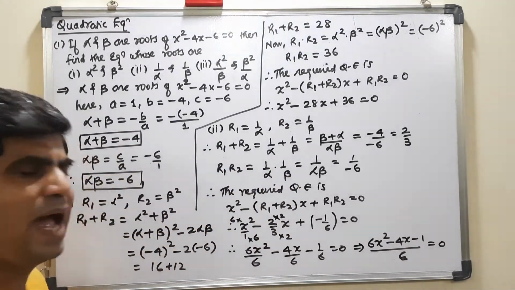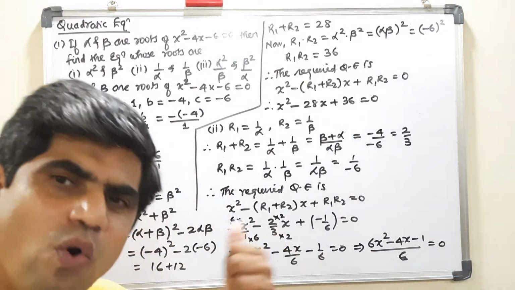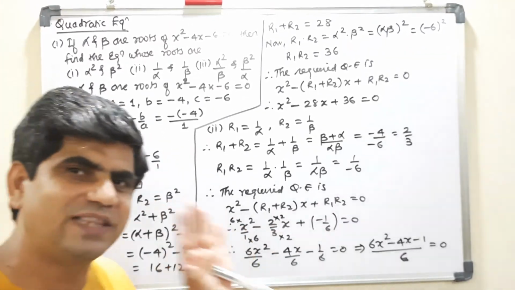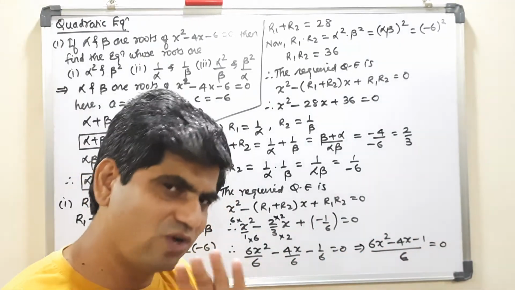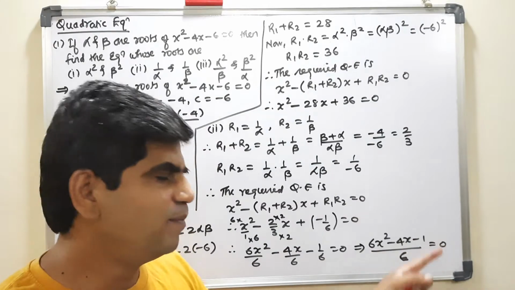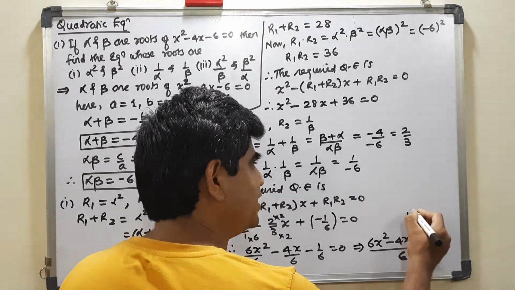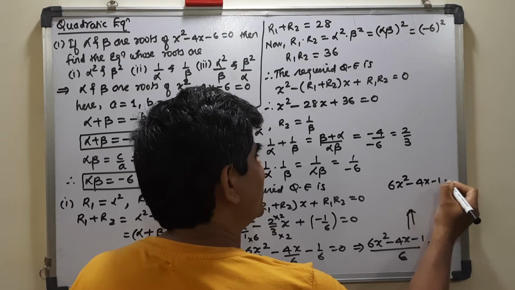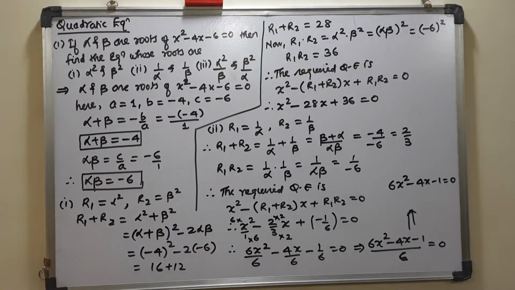And we have discussed this ample number of times. When it becomes 0, it becomes 0 only when the numerator is 0. Or, in local language, which is not the mathematical way to speak, you can take this 6 to that side. Actually, you multiply both sides by 6 because it is non-zero. So when you multiply by 6, this 6 cancels and 0 into 6 is 0, so you get the final result over here to be 6x square minus 4x minus 1 is equal to 0. Okay, was it very nice?